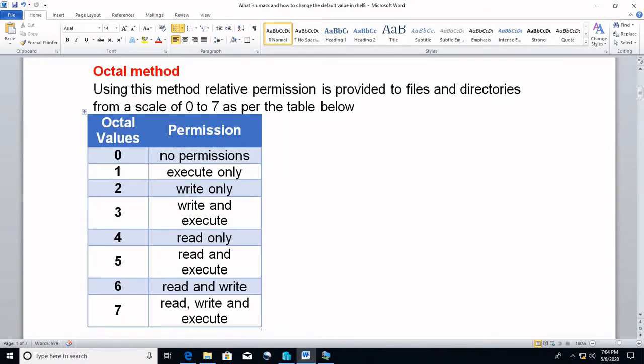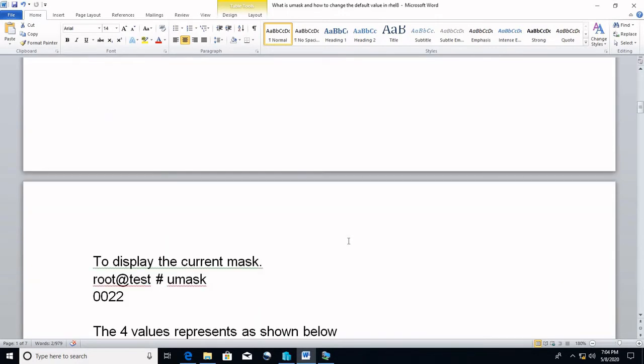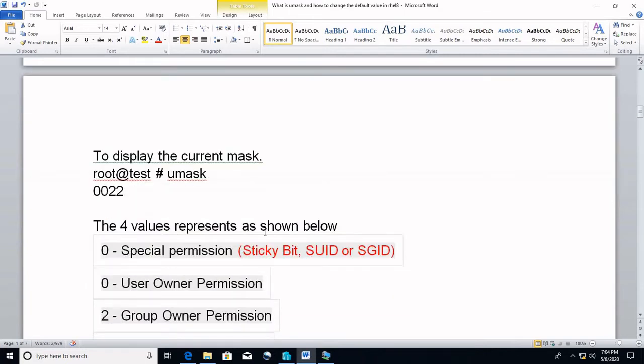Octal format we have already studied: read has a value of 4, write has a value of 2, and execute has a value of 1.